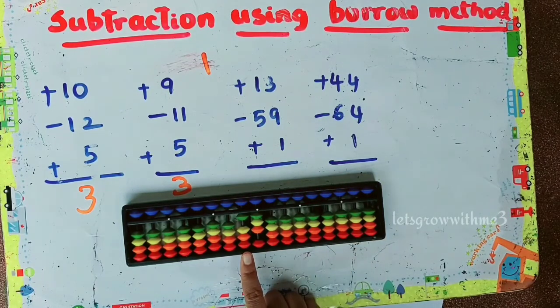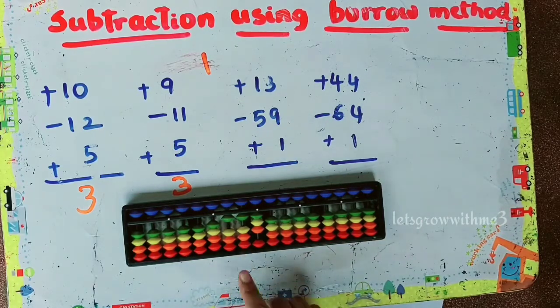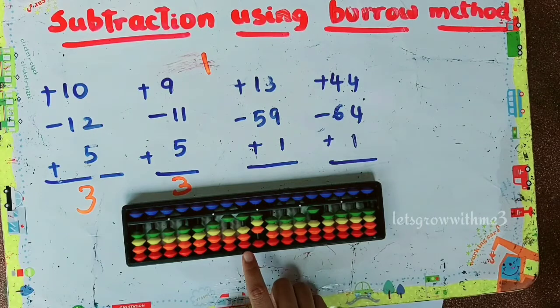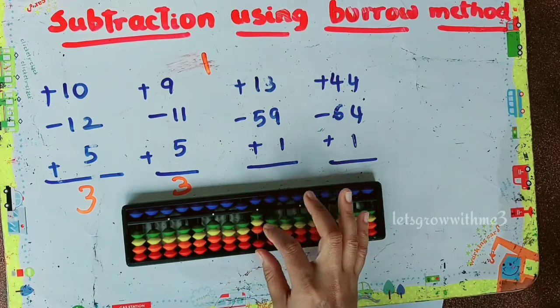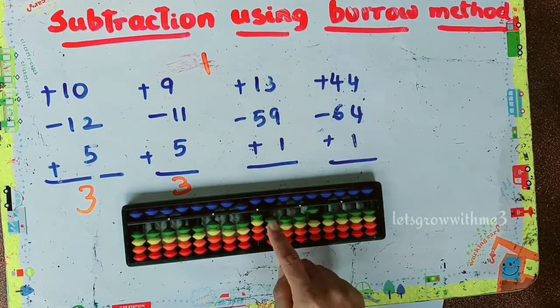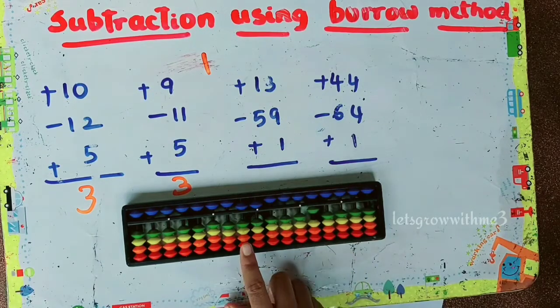Let's solve the next question. 13 minus 59. How to subtract 5? We don't have beads. Then take the borrow from the leftmost rod, which is in 100's place, and represent that one here in the same position. Now subtract minus 5. How to subtract? Minus 10 plus 5. Then we have minus 9 over here. How to do minus 9? Minus 10 plus 1, big friend. So what's the answer we got? 54, then plus 1. So add 1 using small friend, plus 5 minus 4. So we got our answer 55.